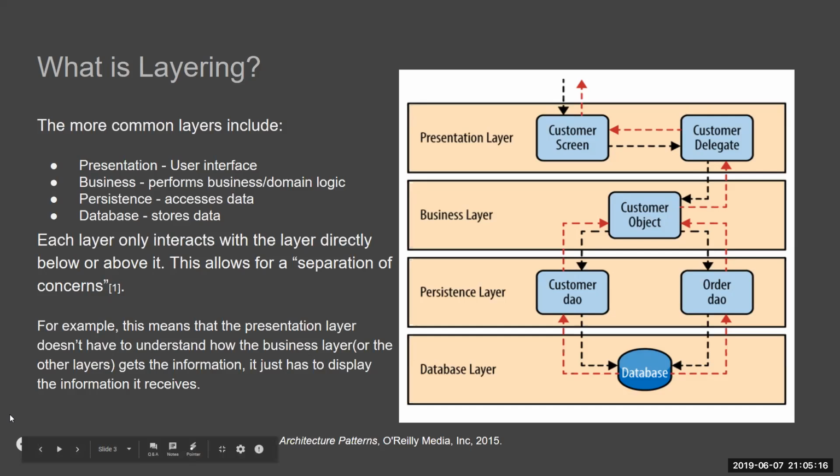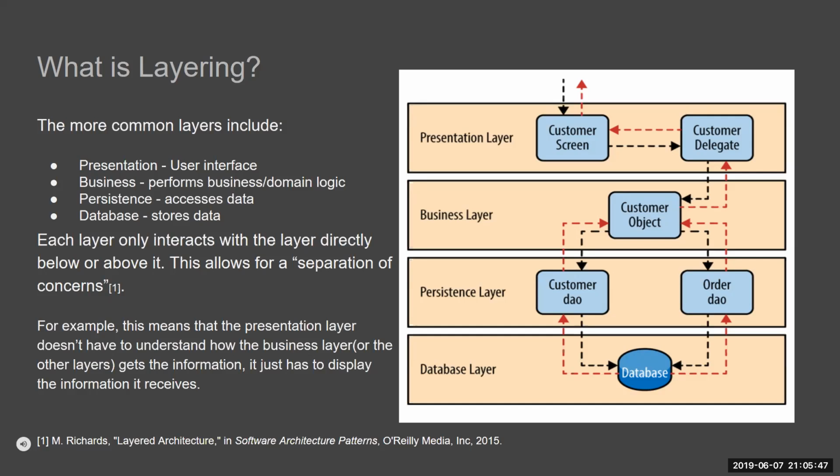The customer screen receives a request from the user and sends it to the customer delegate module within the presentation layer. In this case, the customer delegate module knows which module to send the request to within the business layer and what information that module needs in order to perform the correct task. The customer delegate then sends the required information to the customer object within the business layer, which is used to aggregate the information that the customer is looking for and send the correct information to the next layer, which is